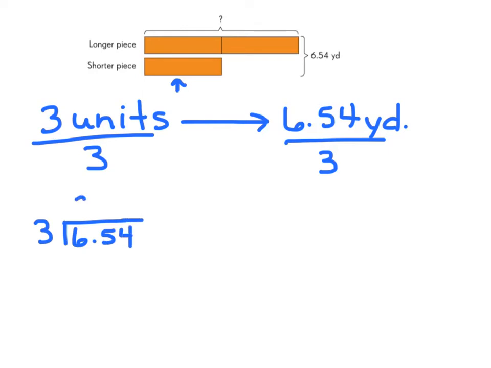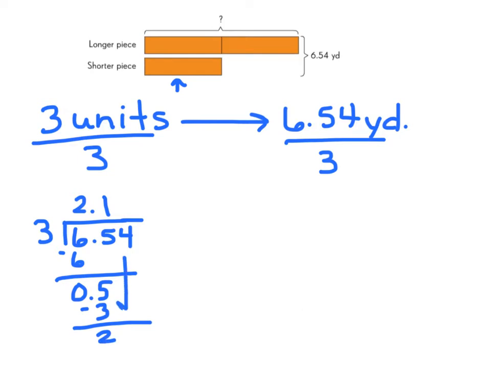3 goes into 6 twice. Let's bring down our 5 and bring up our decimal point. 3 goes into 5 one time, giving us a remainder of 2. Let's drop down that 4. And 3 goes into 24 8 times. 8 times 3 is 24, giving us no remainder. So the length of 1 unit